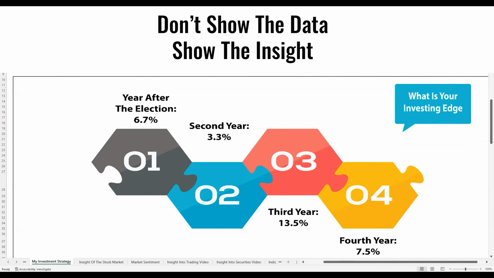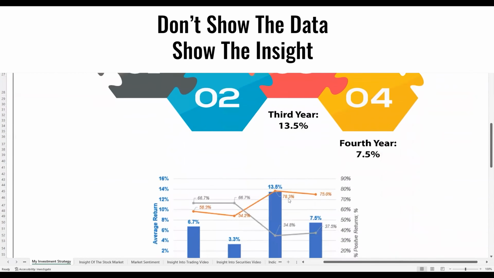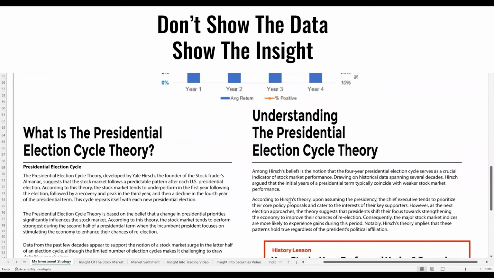Let's go further. The presidential election cycle, introduced by stock market researcher Yale Hirsch in his Stock Traders Almanac, had significant impact on market timing strategies. Hirsch's almanac, first published in 1967, popularized several influential theories such as Santa Claus rally in December and the best 6-month hypothesis, which suggests the stock prices tend to dip during the summer months and fall months.